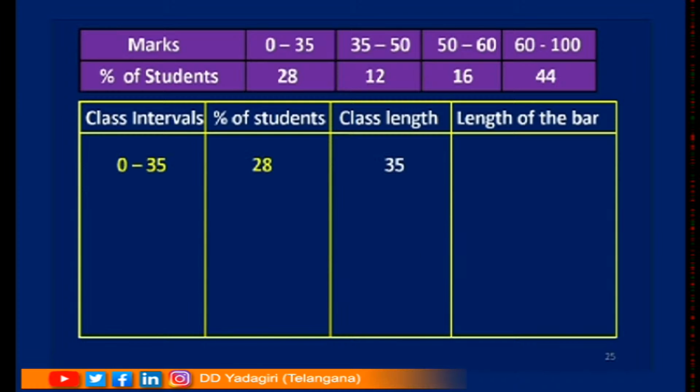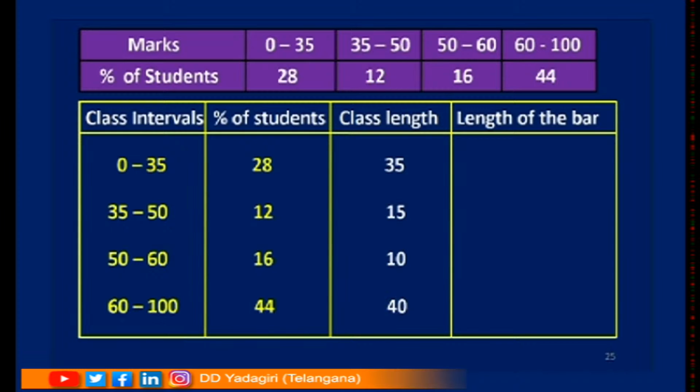Yes, it is 0 to 35, next 35 to 50, 50 to 60, 60 to 100. Children, here I am taking as it is. Now I have to find the length of the bar. How to find the length of the bar? First,